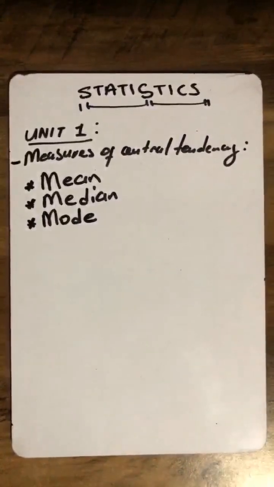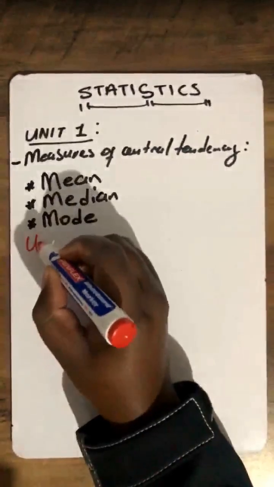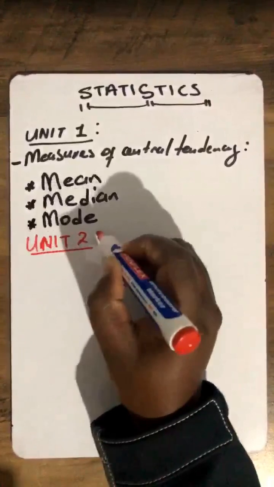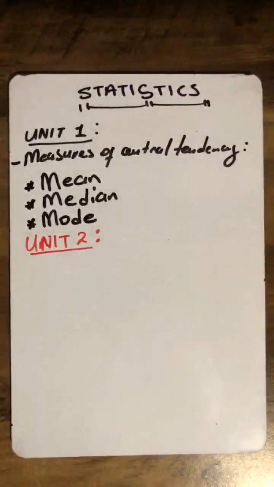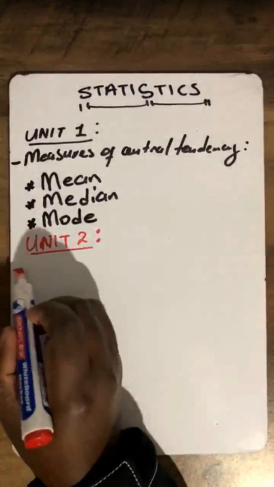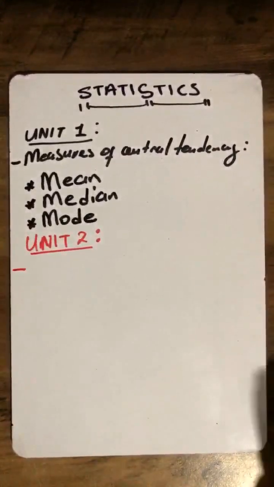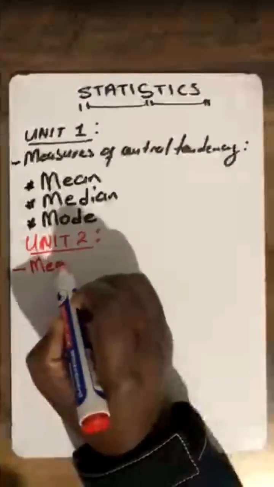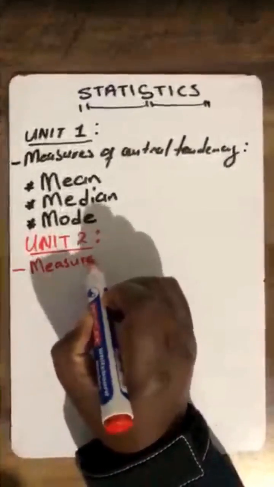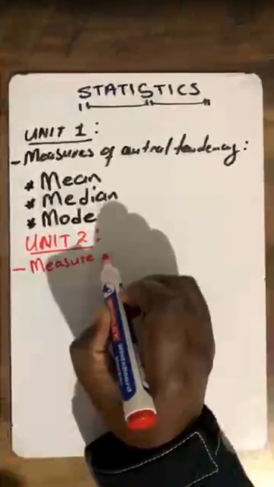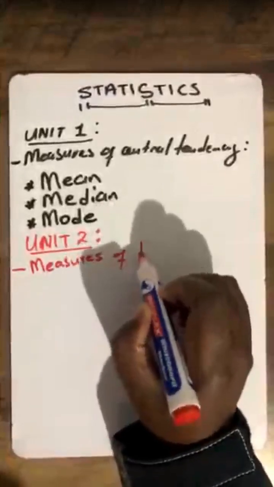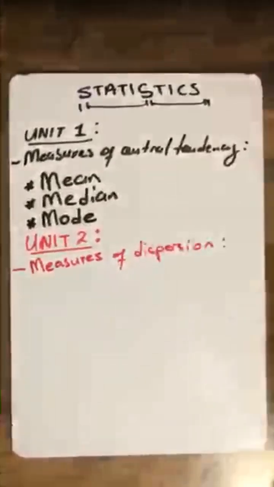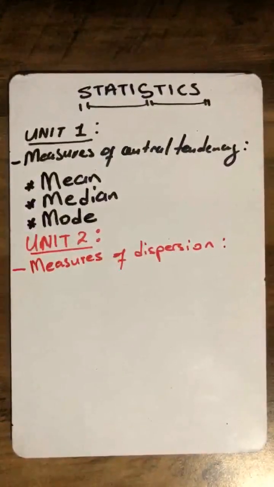Maybe let's say under unit number 2. Yes, let's say under unit number 2. And this is what we call measures of dispersion. Don't worry that much for now. Everything will make sense at a later stage. Under measures of dispersion,